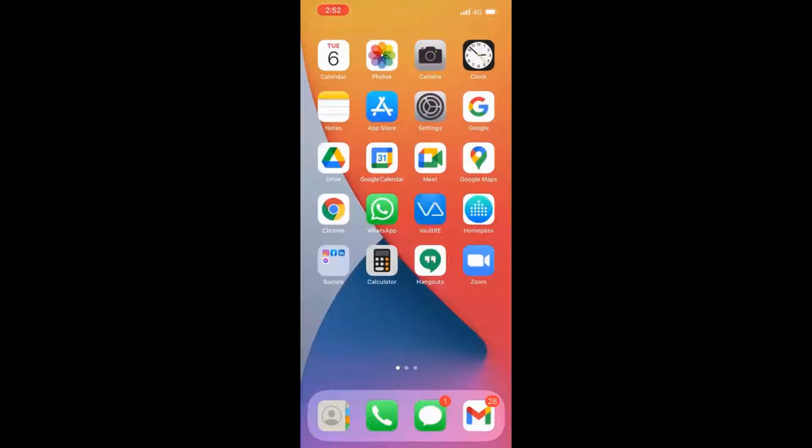And in the next 15 minutes or so, I'll take you through how to add properties using your VaultRE mobile app, how to put them in an appraisal status, as well as how to process your inquiries that come through from your online sources. So using the VaultRE app, this app you can download as soon as you've been migrated